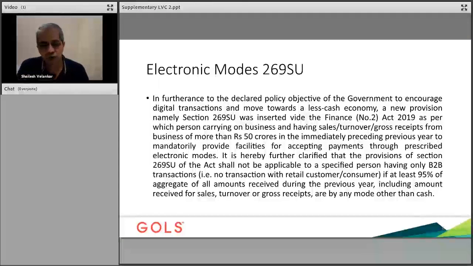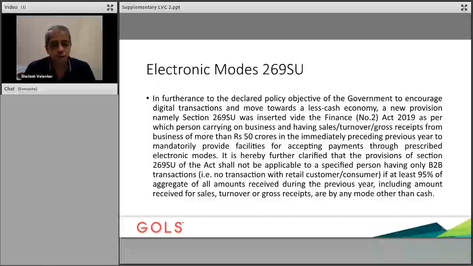Electronic modes under section 269SU. We'll read this provision. Okay, well, this is only a clerical provision. We have already covered a similar provision in the last lecture. So this particular provision is not going to take more time for us. In furtherance to the declared policy objective of the government to encourage digital transactions and move toward a less cash, cashless economy, a new provision 269SU